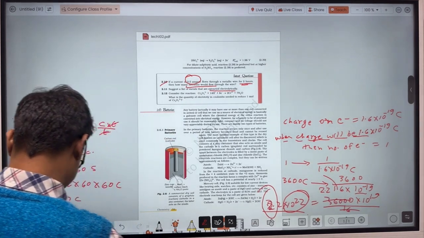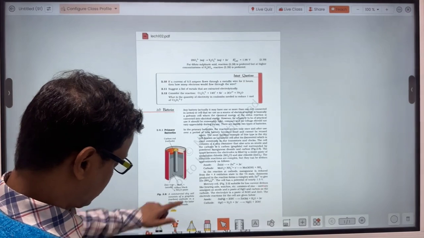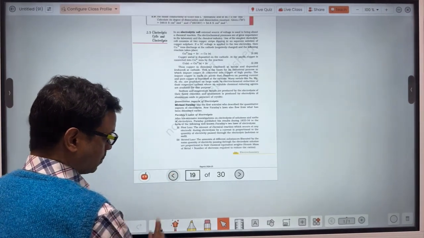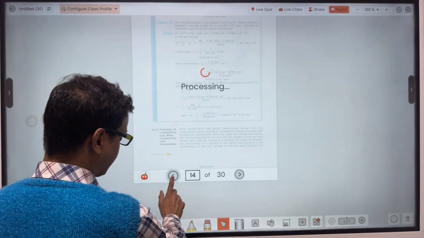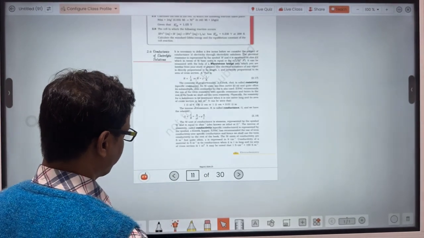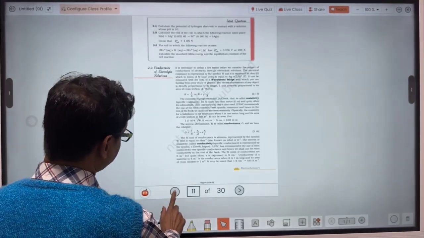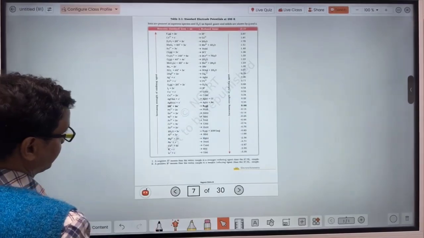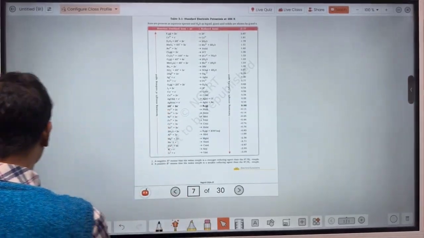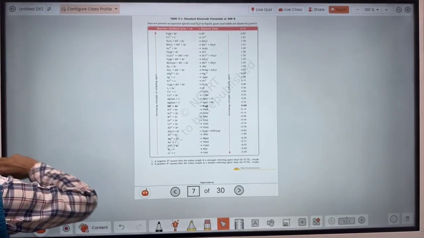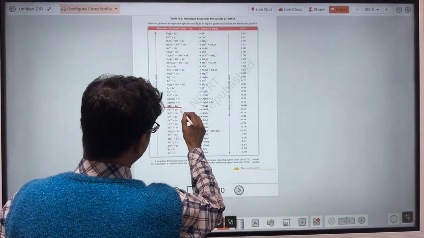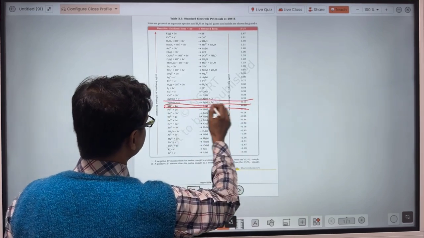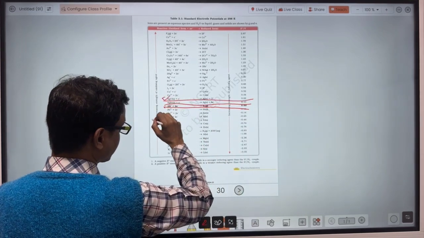So it goes on the table of your NCERT book, and in that table, the metals whose standard electrode potential is positive, like copper, silver, gold, and so on. Hydrogen comes here, and above that is this one, where the standard electrode potential of AgBr is positive, AgCl is positive. That means silver you can extract